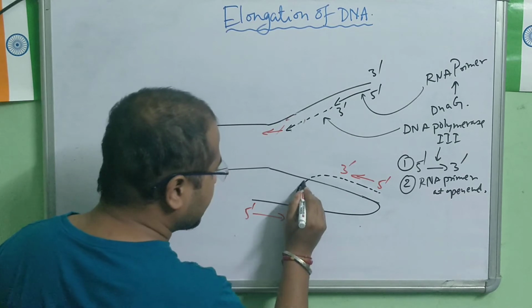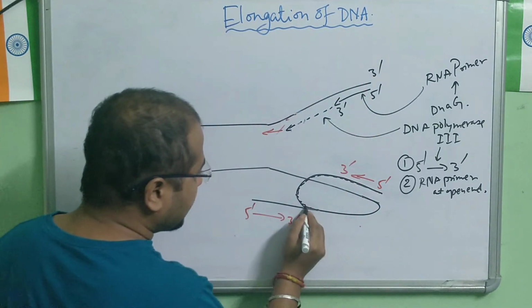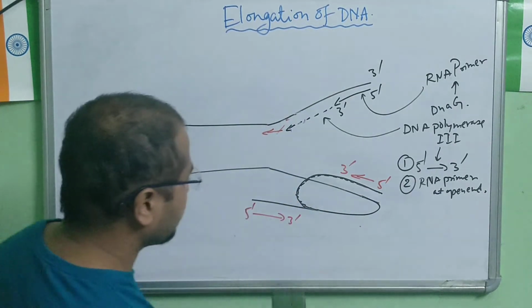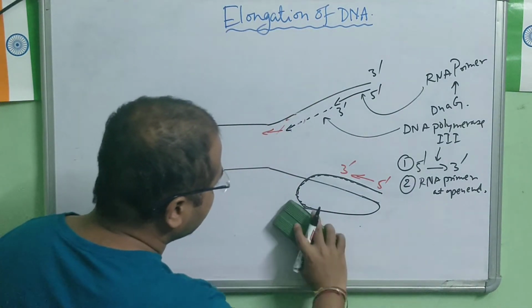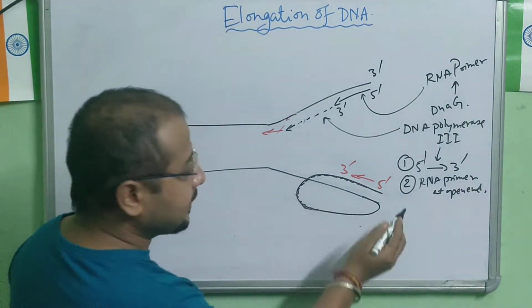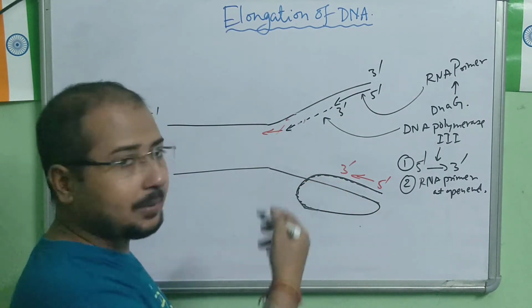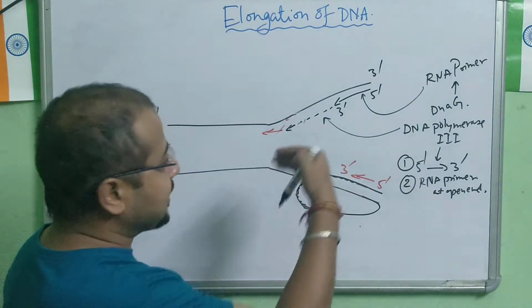This is the lower strand, the lower part of the strand, and this is the upper strand. So this lower strand takes this turn. I hope you understand now. This is the loop that is taken by the DNA strand, and this is the primer that developed here. Now it is in the same direction.